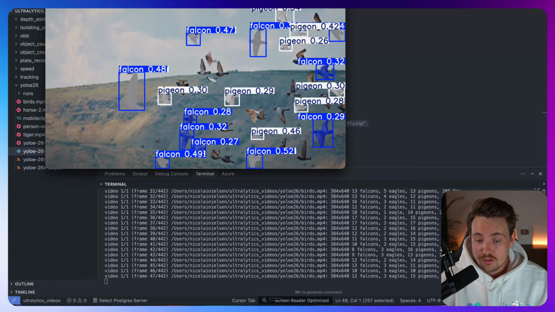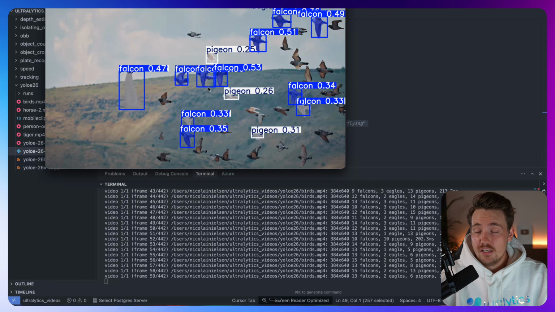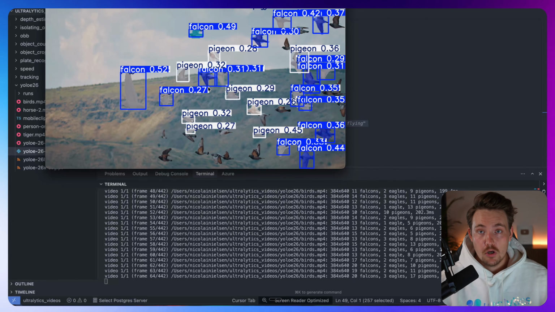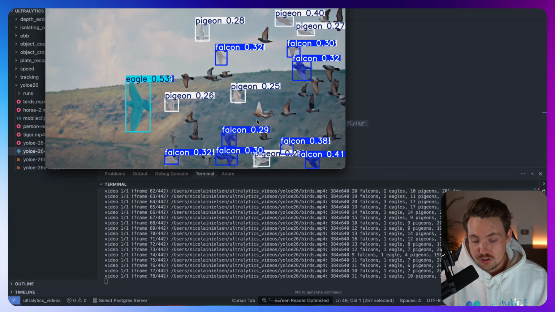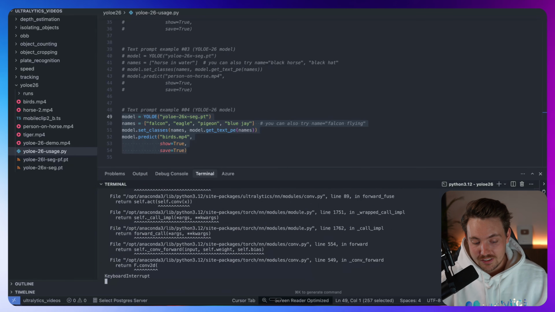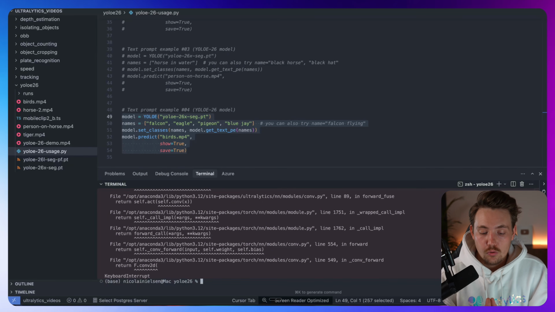But you can use this for also annotating your own dataset, then you can refine it, train your own YOLO-26 model. It's going to be much more accurate, and it's going to be much faster, and then you will deploy that model into your production environment and use that to build your logic around. This is pretty much what this model here can be used for. It's pretty cool. Definitely go and check it out. Again, it's just a few lines of code with